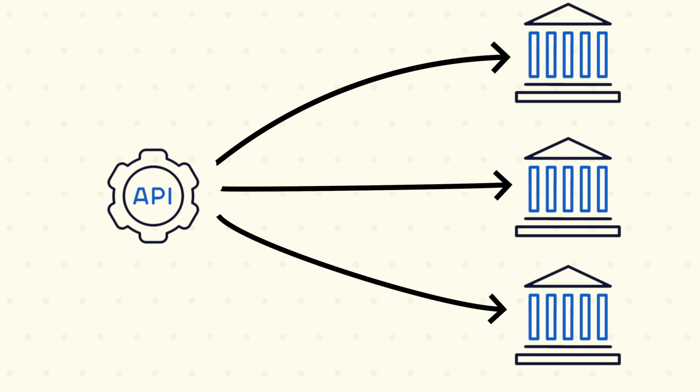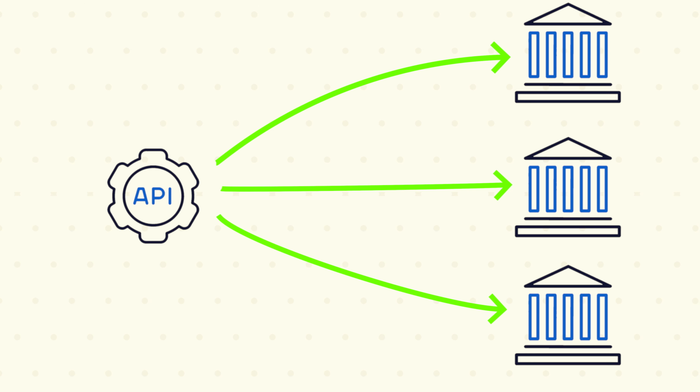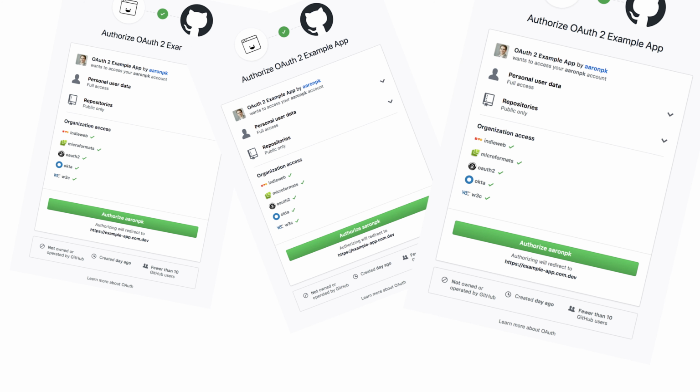Let's imagine a scenario where you're building an app that aggregates users' data from multiple places. For example, a finance app aggregating the users' transactions from all the different banking services that they use. The first challenge in an app like this would be how can we access the users' data from all the different banking services in a secure way where it also doesn't ask the user to constantly give us permission to